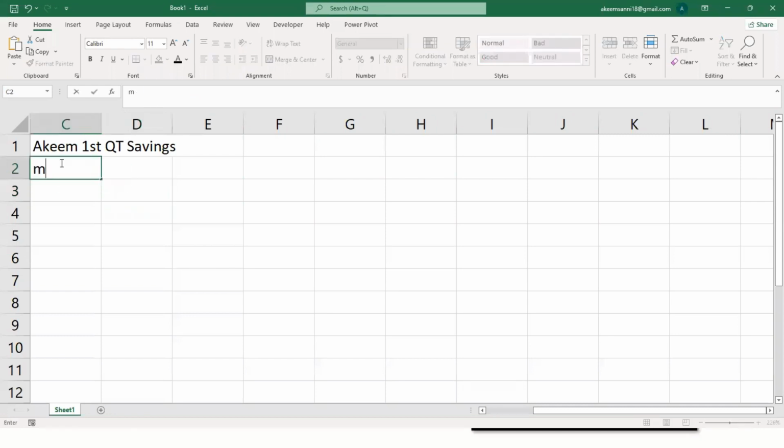So for the month, this is the income for each month, right?